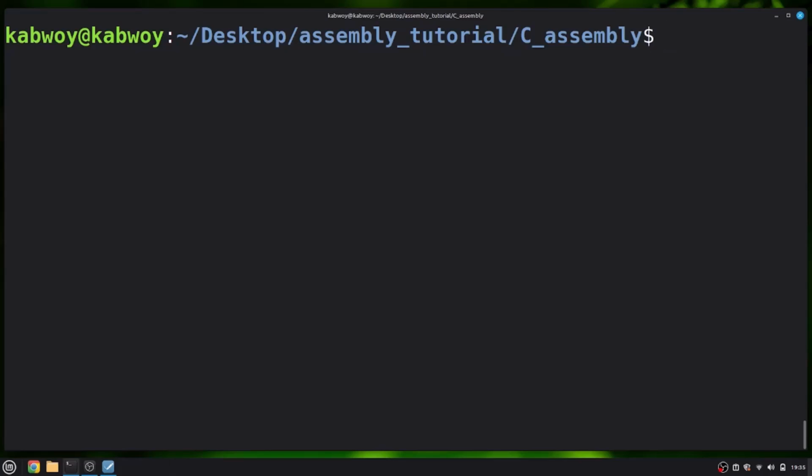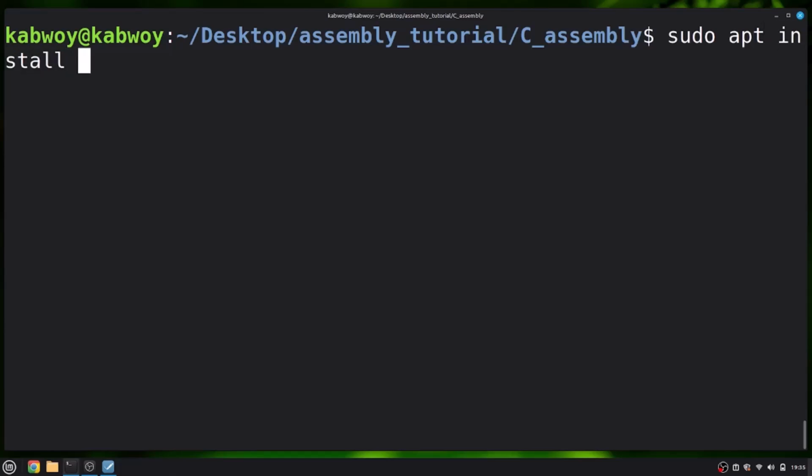I will go ahead and use gcc. First we have to assemble it using nasm -f, and before going on, there are some libraries that you need to have installed inside your machine, mainly the GCC compiler, the 32-bit version of the GCC compiler. You can install it using sudo apt